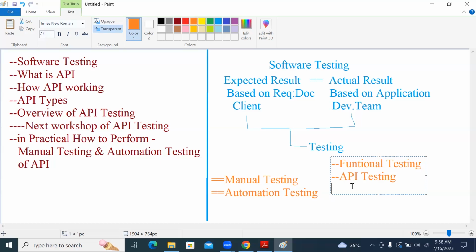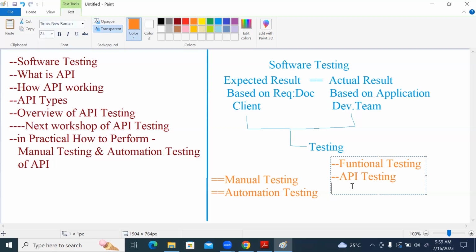Those of you who have some question marks, I will give enough time at the end of the session, so don't be worried about your clarifications. If you are totally new to testing or want to understand everything about testing, I'll clarify all the information at the end of the session. I'll take a questionnaire session in the last 10 to 15 minutes. Don't worry about it, but first try to be very clear on what I'm explaining.